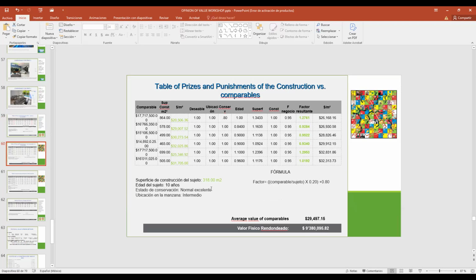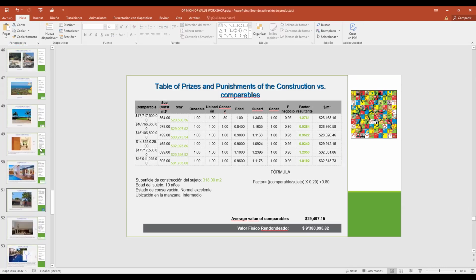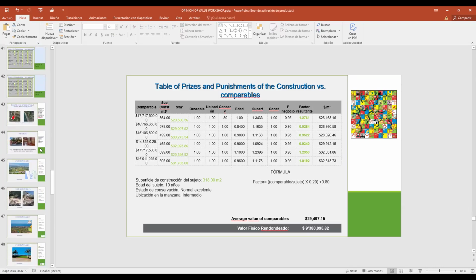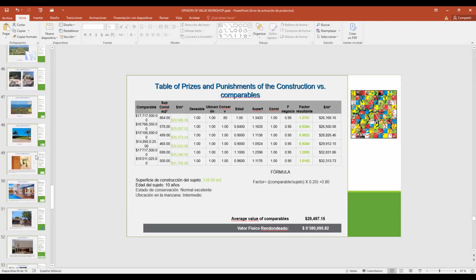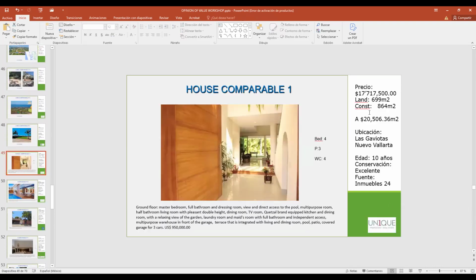With land and constructions, it's the same. This is where this information comes from: this one from our investigation. Let's see. Comparable number 1 comes from here, 70,771,754.